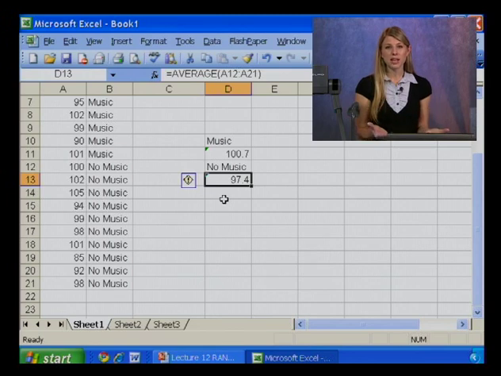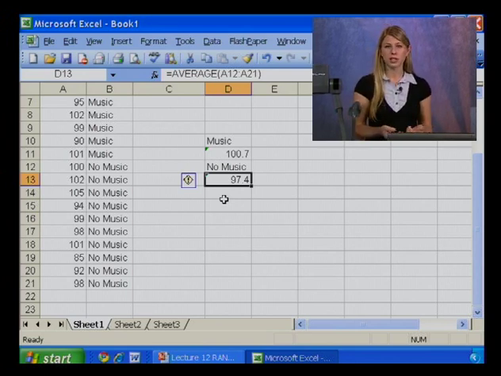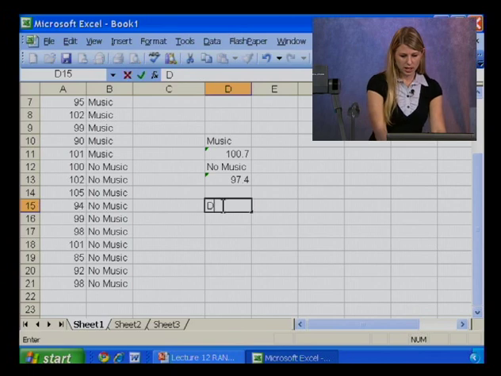Now we have to ask, is that difference big enough to reject the null and conclude that there really is a difference of IQ based on listening to music or not? Or is it just a random difference and we should retain the null that there is no difference in these populations? So what I'm going to do is take the difference